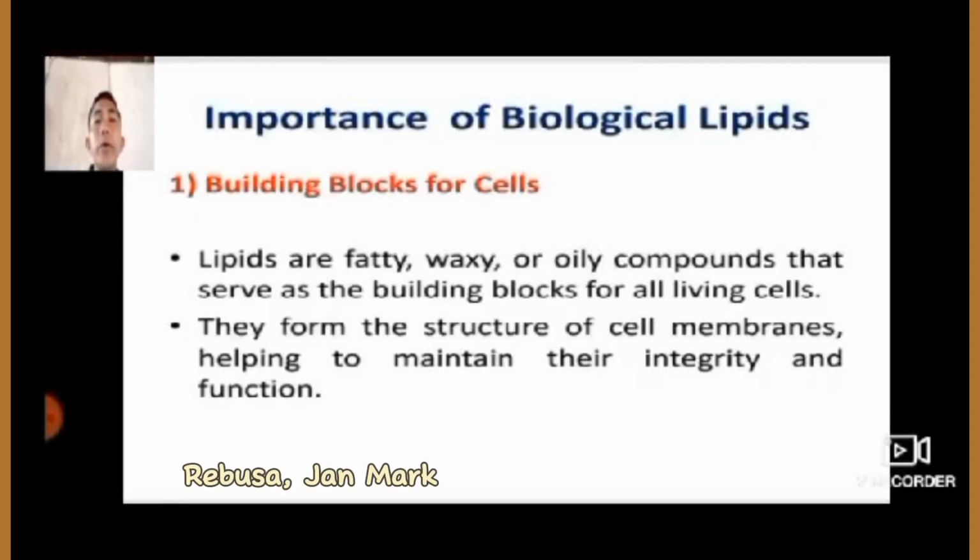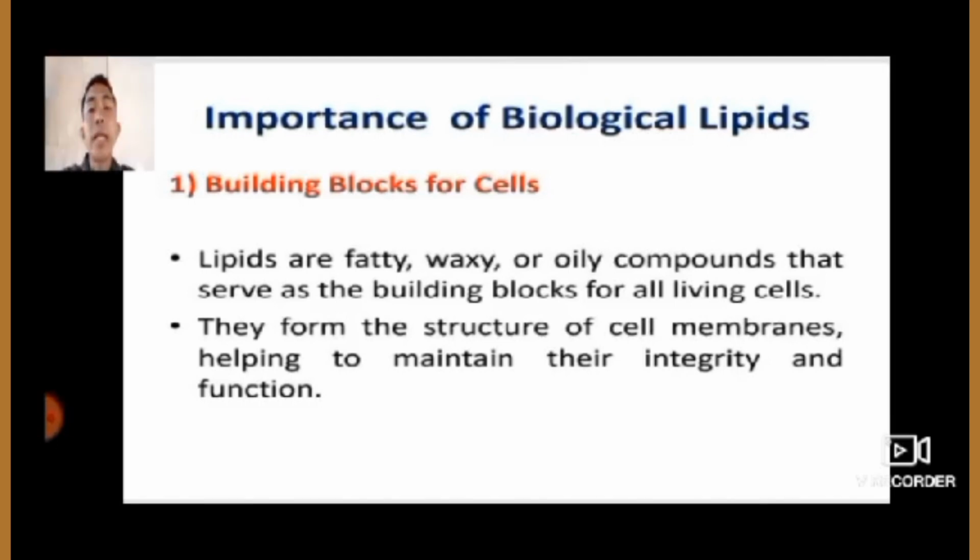Okay, so the importance of biological lipids. First, building blocks for cells. Lipids are fatty, waxy, or oily compounds that serve as building blocks for all living cells. Lipids are a diverse group of molecules that share the common trait of being hydrophobic, which means they are not soluble in water. They include fats, oils,